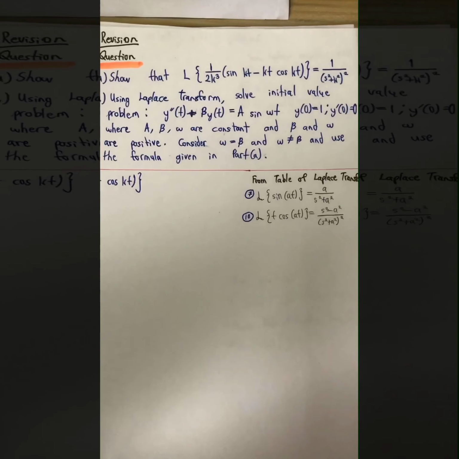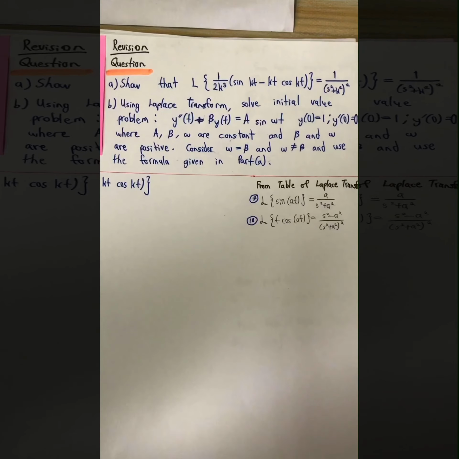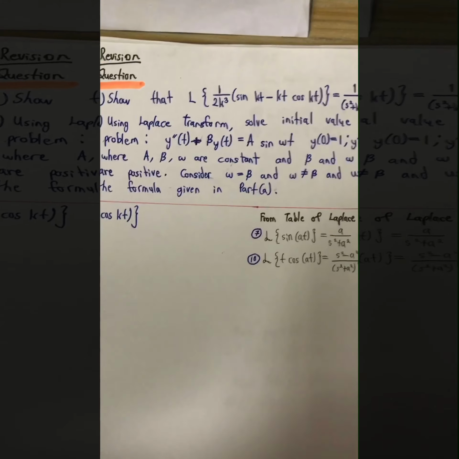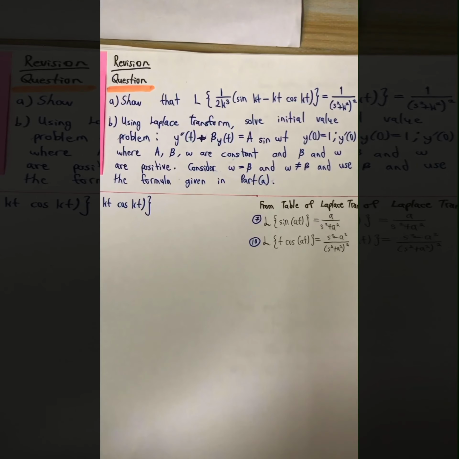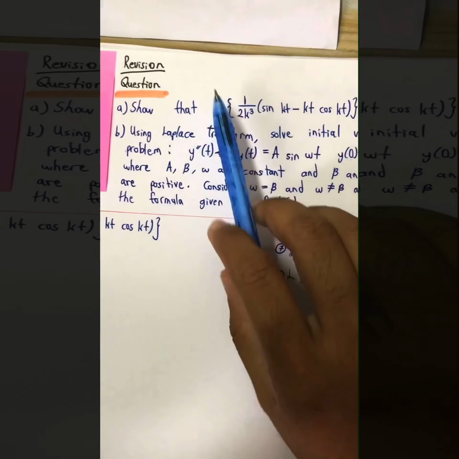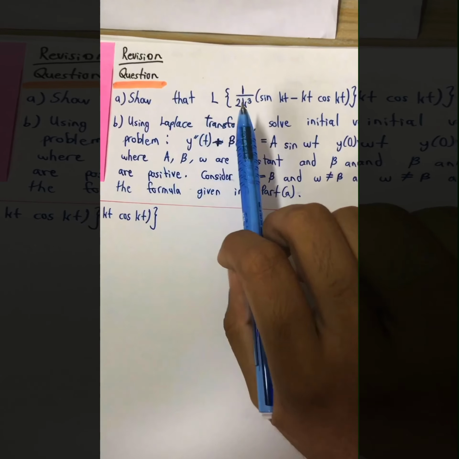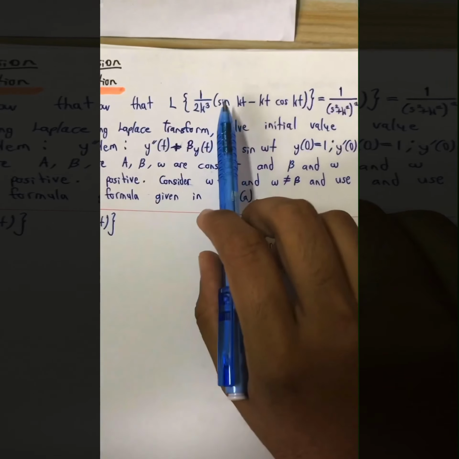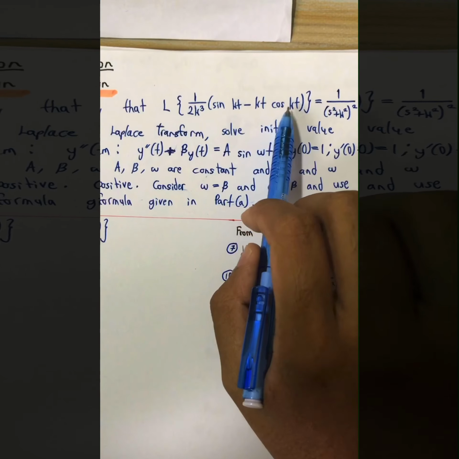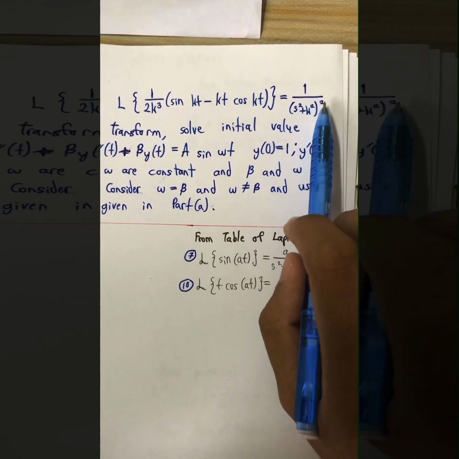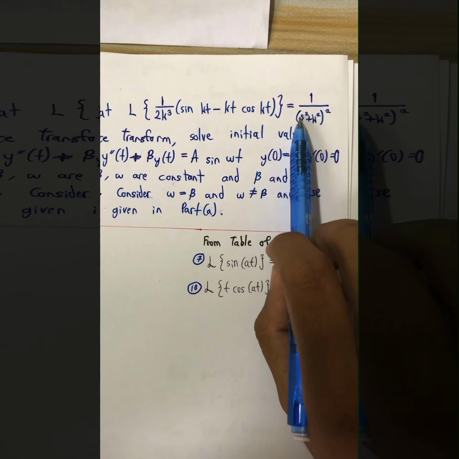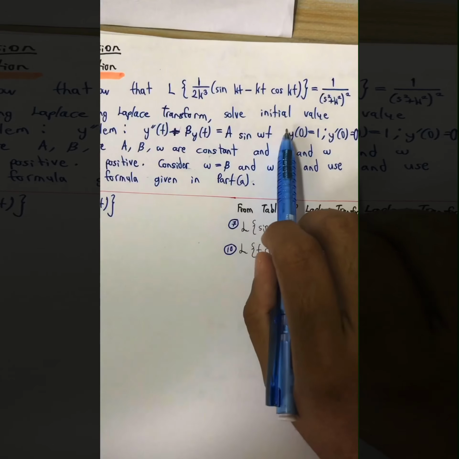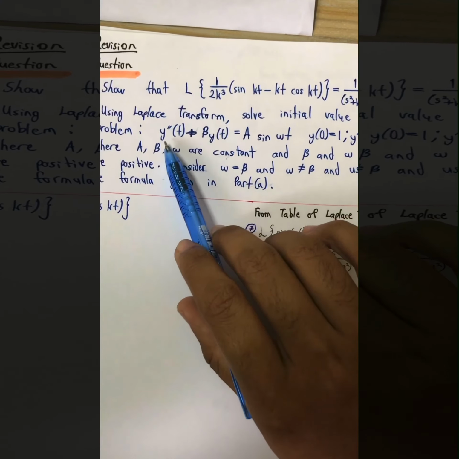So in this video, I'm going to show my solution for the second question given by our lecturer. The question consists of two parts, part A and part B. The question given for A is: show that the Laplace transform of 1 over 2k cubed times (sin kt minus kt cos kt) is equal to 1 over (s square plus k square) squared. And then part B is: using Laplace transform, solve the initial value problem where y double prime